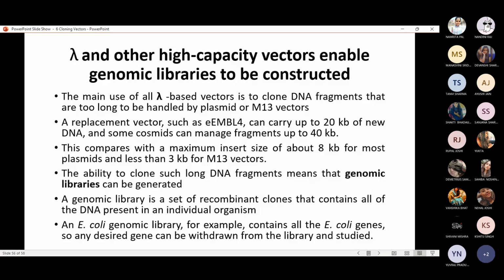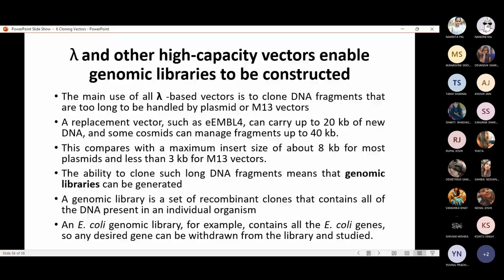So as I mentioned, we are making a genomic library in bacteria because bacteria are easy to handle. The cell size is small, and the smaller the cell, the requirements are also not much complicated. If you talk about human cells, you need a special arrangement, a special type of media, and all the different setups that you need for human cells are going to be complicated. But for E. coli, you don't need many things. You simply need a bench hood, a laminar flow hood, and you can start working. You don't need any BSL 2, 3, 4, 5 type of specification. Even BSL 1, you can work with it.